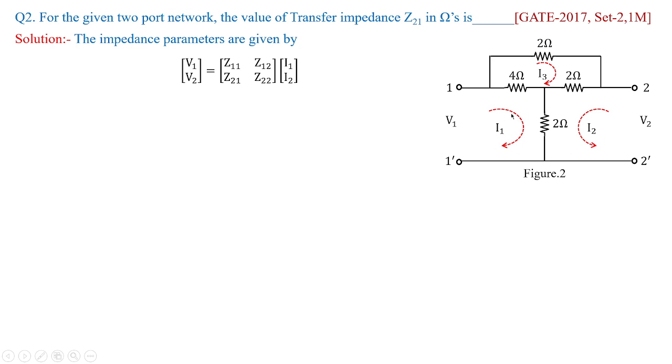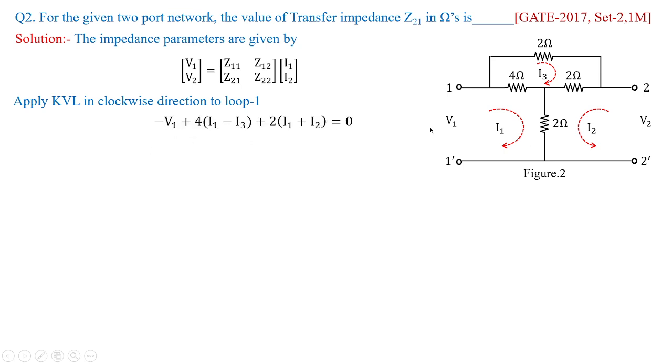So this is treated as loop 1, this is treated as loop 2, and the top loop is treated as loop 3. And abruptly I have chosen the loop current directions in clockwise and anti-clockwise directions. You can have your own approach pertaining to the direction of the currents which are chosen here in figure 2. Based on that, if at all I apply KVL in clockwise direction for loop 1, I'm going to